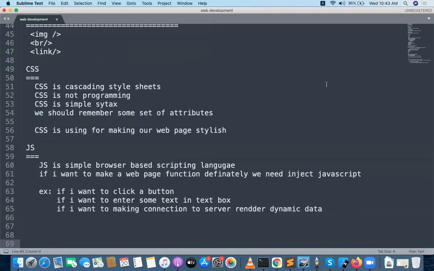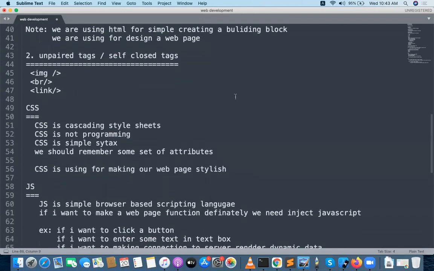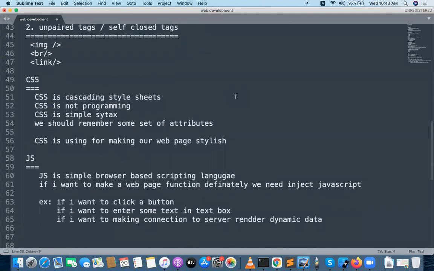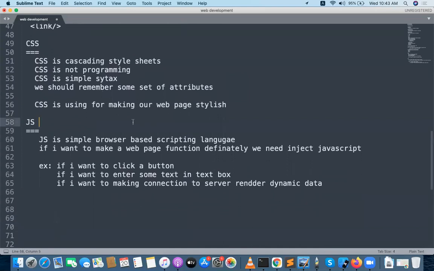HTML and CSS are very fundamental. When we know HTML and CSS, definitely we will move to JavaScript. When we use JavaScript for the web page, your complete page is converted into a dynamic web page. The dynamism is that you are connecting to the servers and getting the real data, and doing a lot of events on top of the web page. I will discuss with you how to write JavaScript.